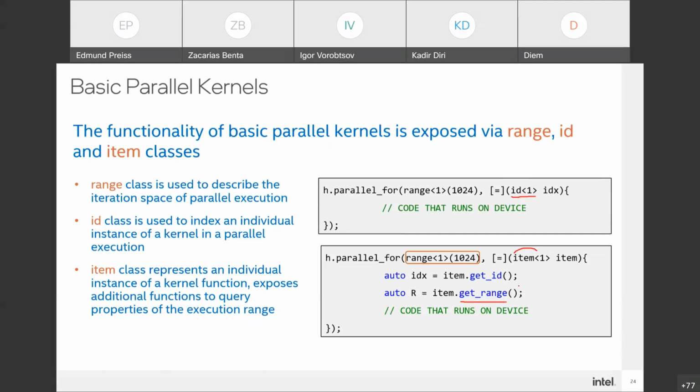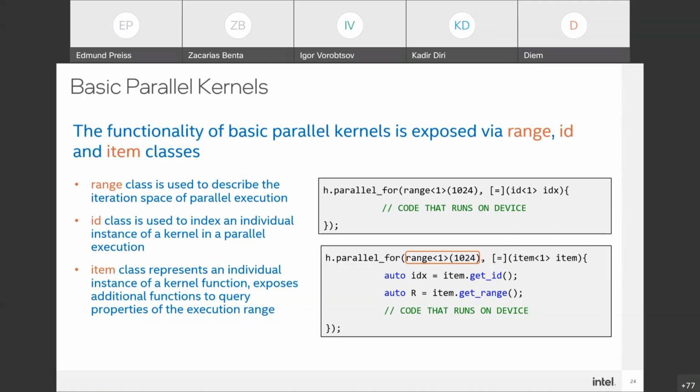You can get exactly the same IDX as here with a get ID function, but on top of that you have many more things, including some APIs which help you calculate the index in linear mode, even if you have 2D ranges. And the third one is ND item, and we will talk about it while talking about ND range,